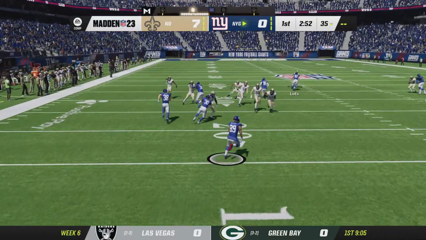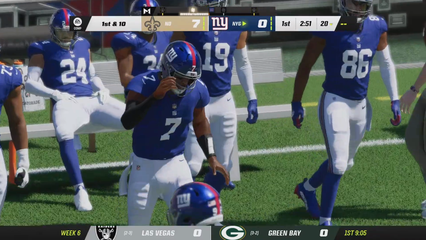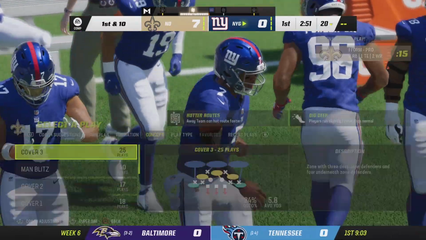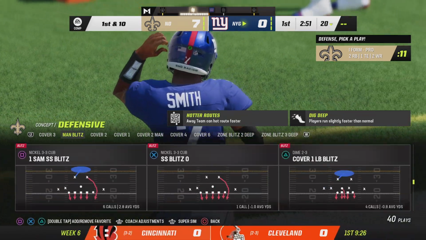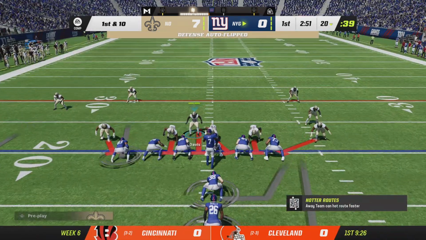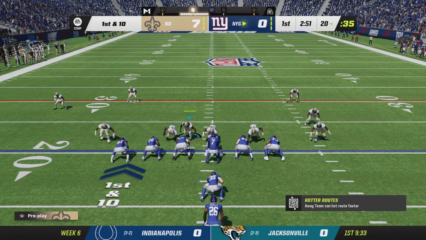Taken in at the 3. And he'll be brought down right on the chalk of the 20. So the Giants getting the football back here for their 2nd drive. They threw an interception the first time they had the football, wound up leading to a touchdown the other way. How do you approach drive number 2? Going back to your game plan coming in,